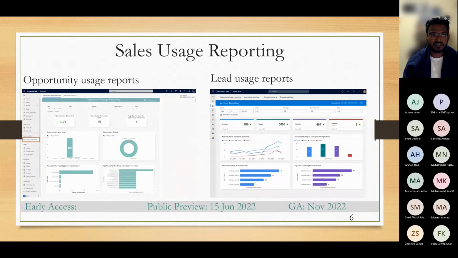And the next one is into the actual features. The first one to start with is sales reporting. This is for Dynamics 365 Sales, right? As part of this release wave 2, you can see there are two reports that have been released. The idea of these two, sorry, not reports, the dashboards,